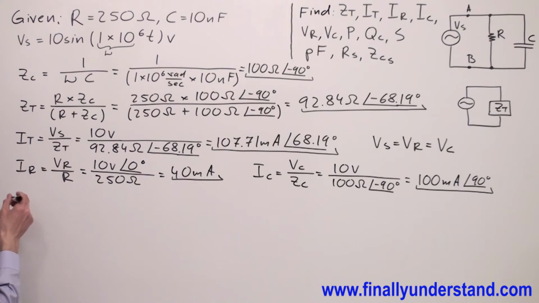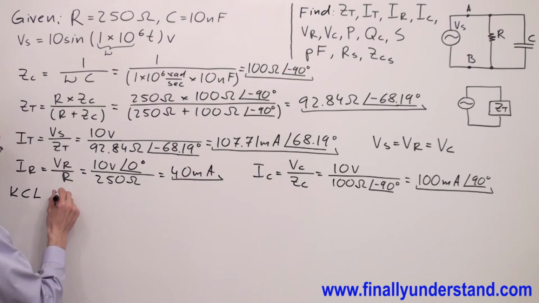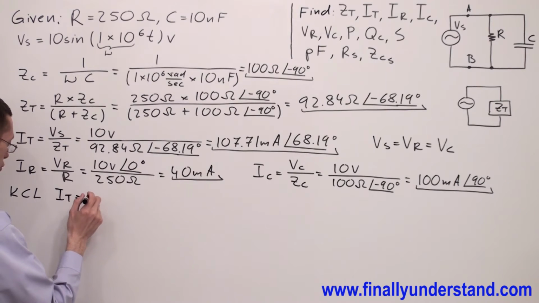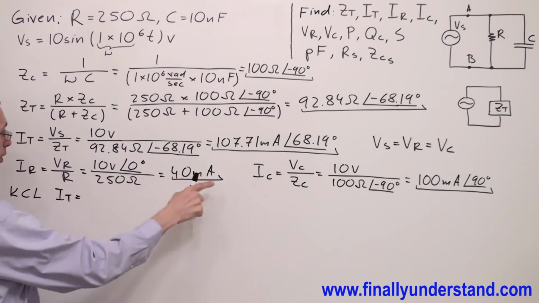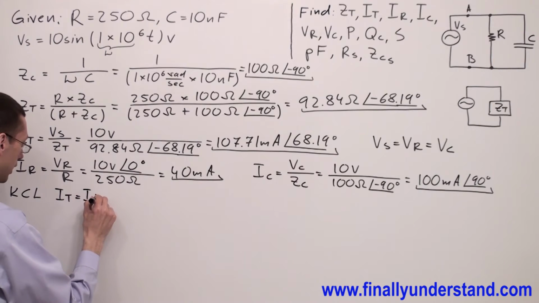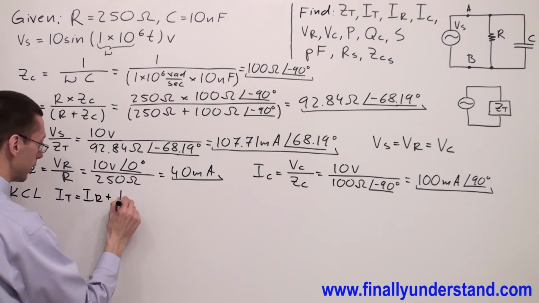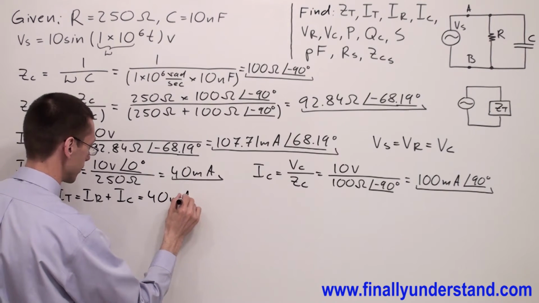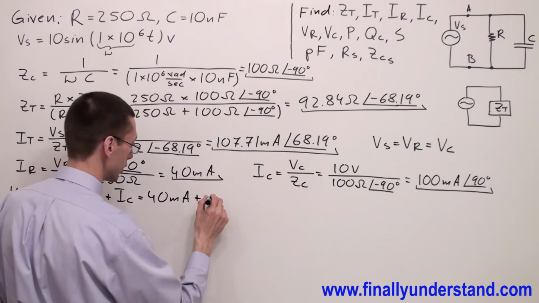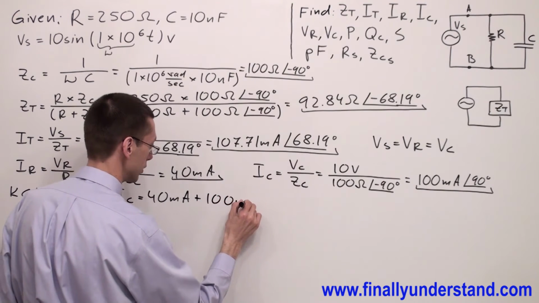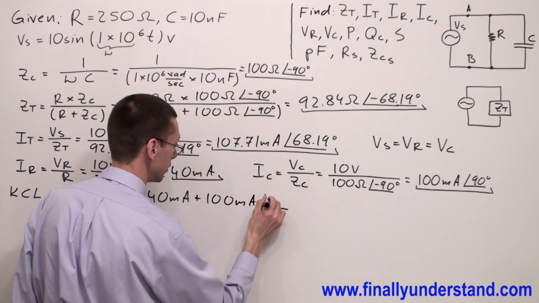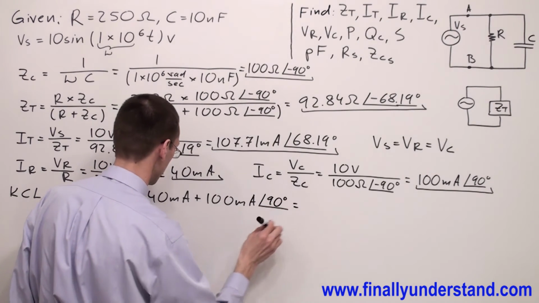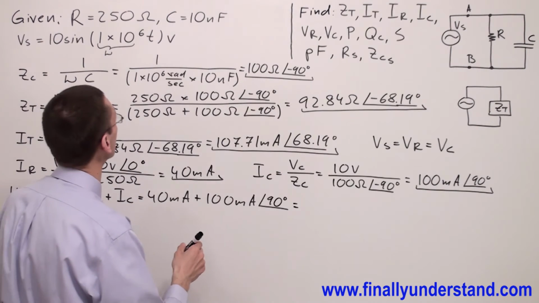You're supposed to apply KCL, Kirchhoff's current law, to verify these two answers. What I mean by that? You're supposed to realize that I total is going to be equal to the sum of these two currents. I mean IR plus IC, where IR is equal to 40 milliamps plus IC equals 100 milliamps at an angle of 90 degrees. If you add these two currents, you're supposed to obtain